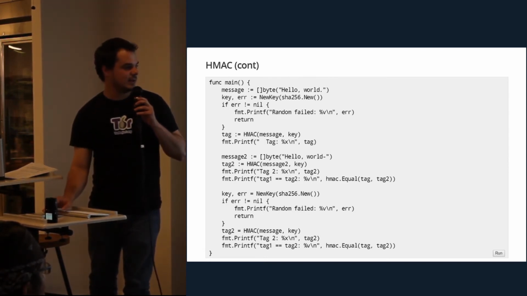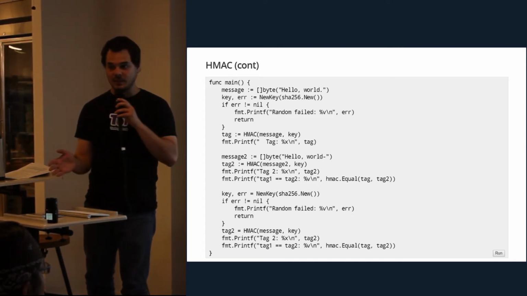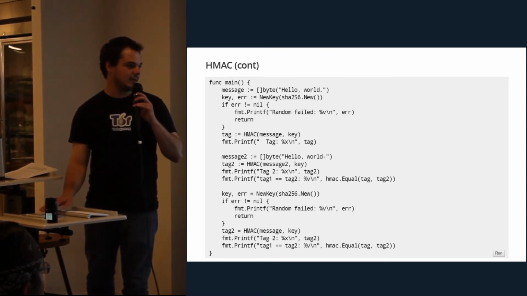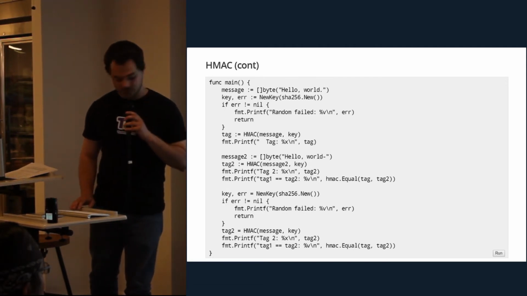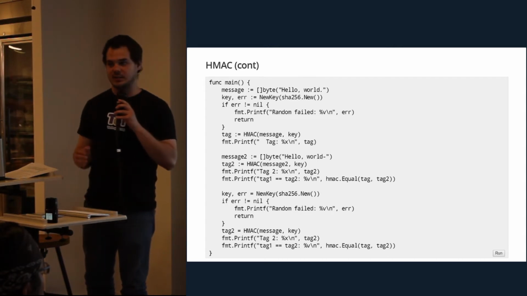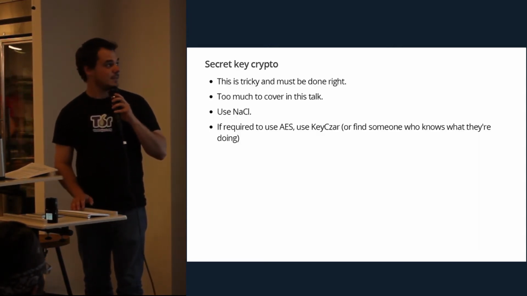Yep, so we just generate some random data, and we can generate tags from that. The output of the HMAC is called a tag. Make sure that they're not the same, and I think that the sandbox actually broke this, so cool. But there's some example code that'll use it. When you guys get a chance to see the slides later, you can look at that.